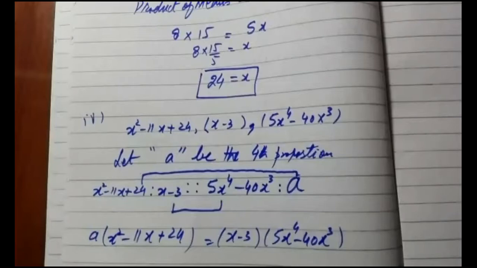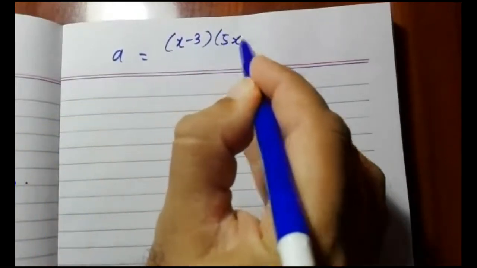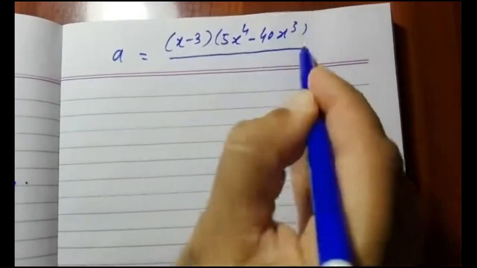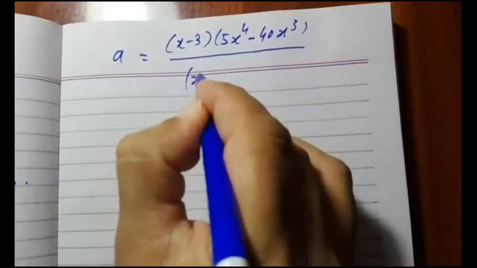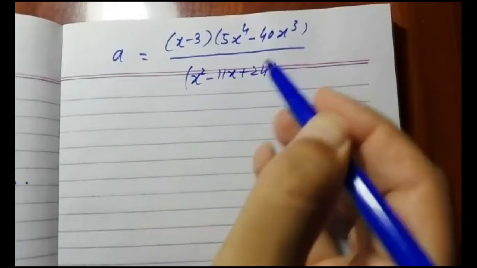So on the next page I will write A on the left hand side, and the rest of the terms on the other side. So just let me write it. A is equal to x minus 3 times... You can even factorize it directly and substitute the factors, but show the factorization somewhere separately and then substitute it.